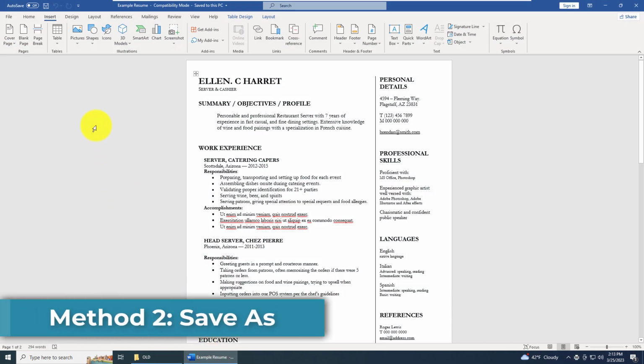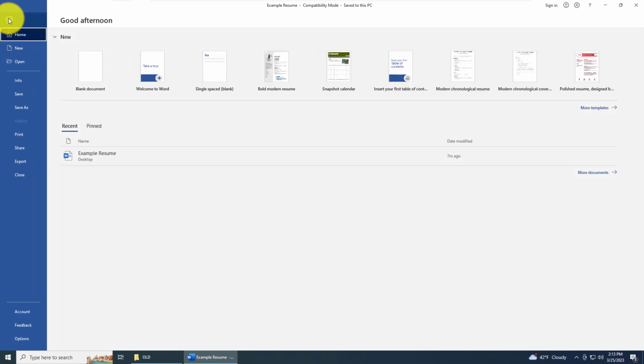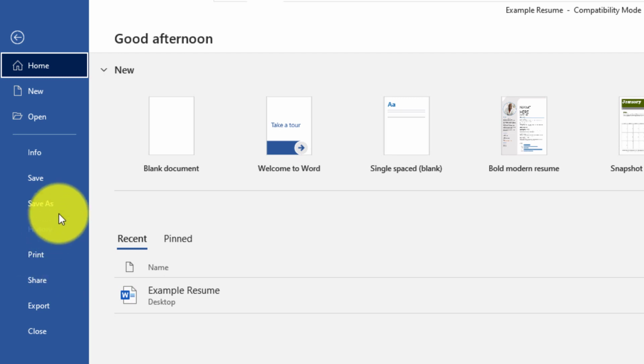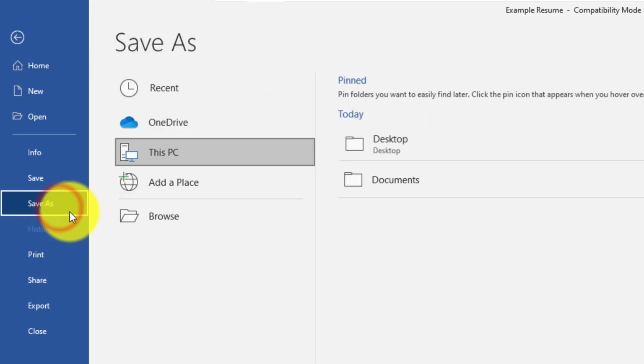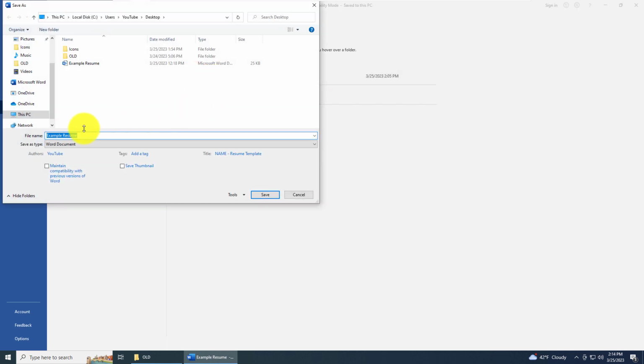Now I'm going to show you the second method for saving your Word document to a PDF. In the same fashion, we're going to go up to the top left and click on the File button. Instead of Print, we're going to do Save As. Left click on Save As, and then we're going to save to the desktop or whatever location is best for you. For me, I'm going to choose desktop, and I'm going to call this